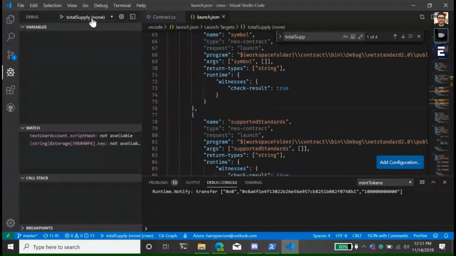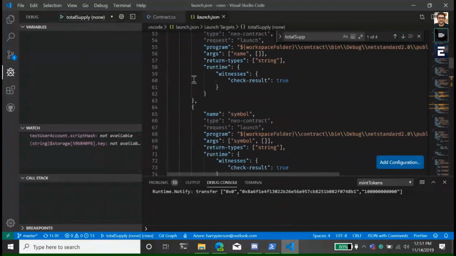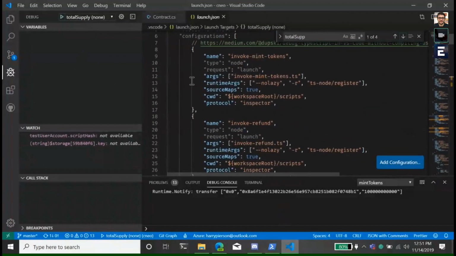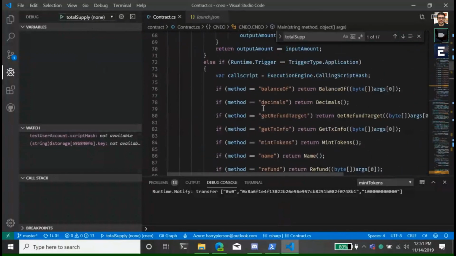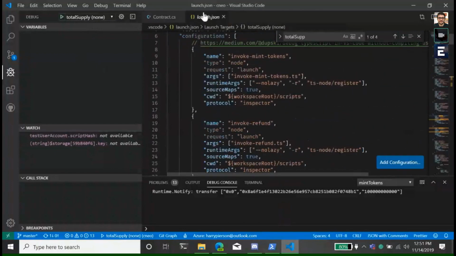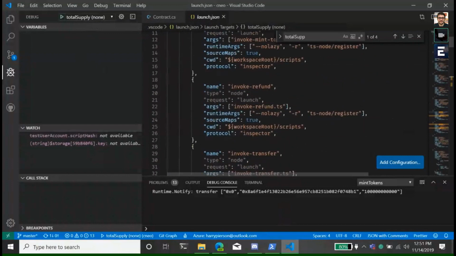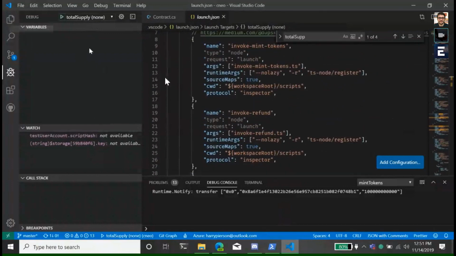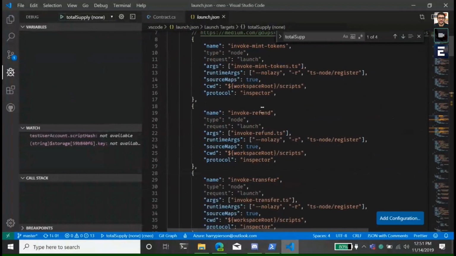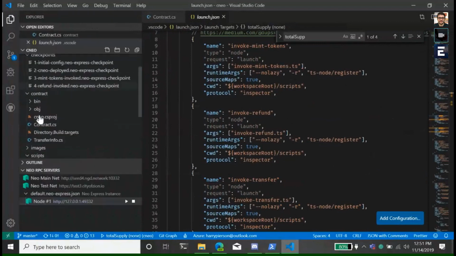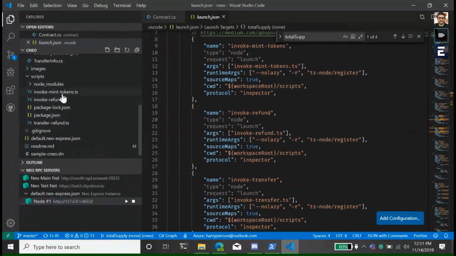So there are a couple of other things I just wanted to demonstrate here, right? So this contract has a lot of different operations, so we've created a lot of different launch configurations. You'll also notice here, because invoking these smart contracts of mint token and refund are fairly complicated, I've actually implemented those in TypeScript using the